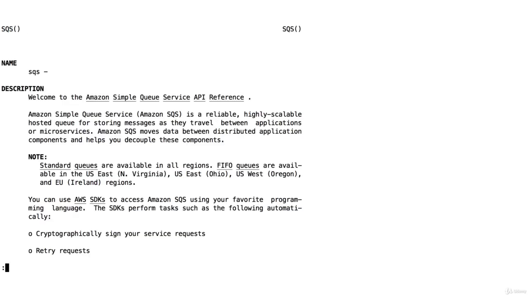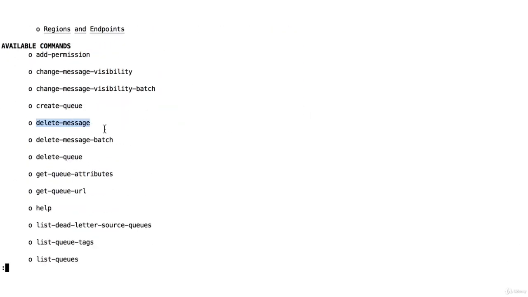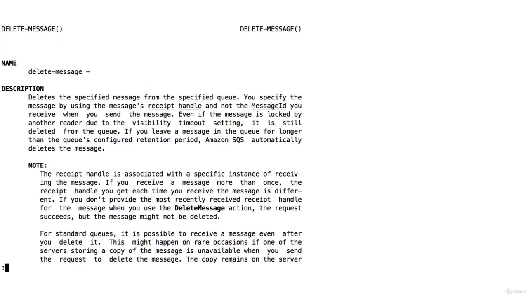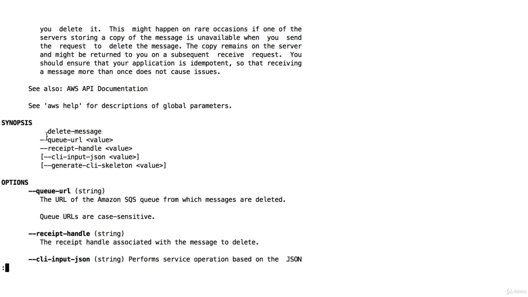So for this, let's have a look at the SQS help again to find the right API call. And if we scroll down, we see that there is a delete message API we can use. So SQS delete message, and then we'll do help to get the help. And so this is to delete a message. So let's look at how we can use it. We have to do delete message, put the queue URL in there, and the receipt handle that we get from the consumption.